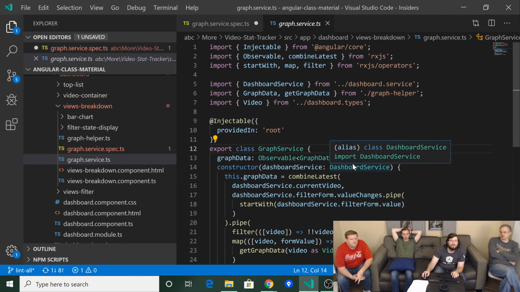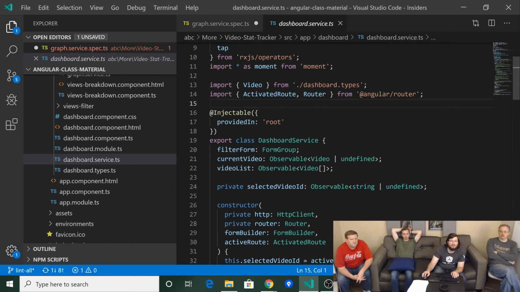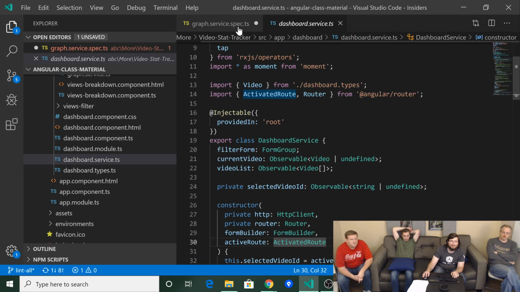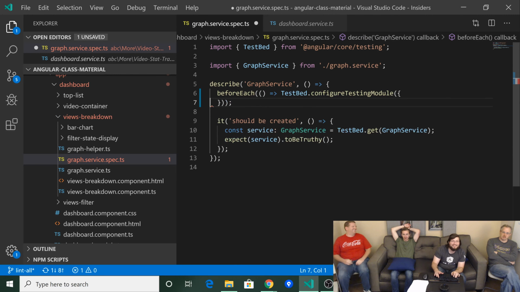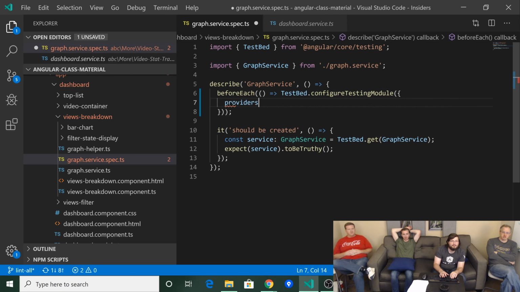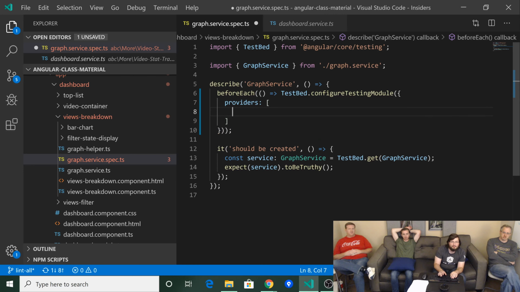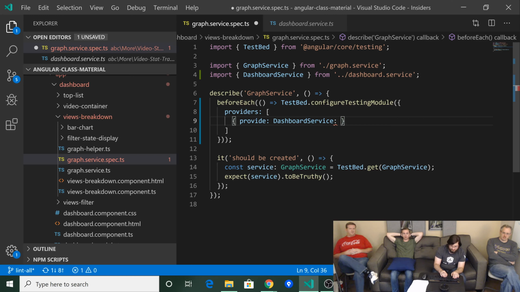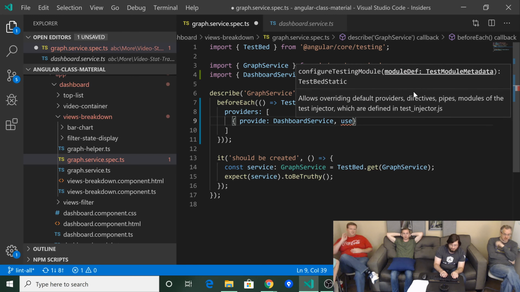So the dashboard service, so we can mock out dashboard service. Yeah, we're going to want to mock out dashboard service. Let's provide things. Yeah, provide. Let's leave that open for a minute. Comma. Cool as well. For people watching, this is the easiest way to avoid having to inject everything,